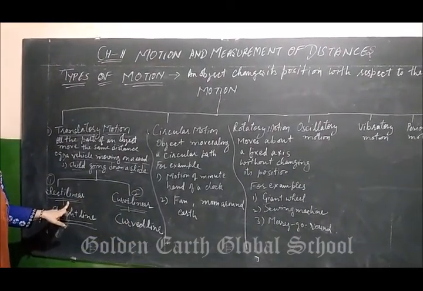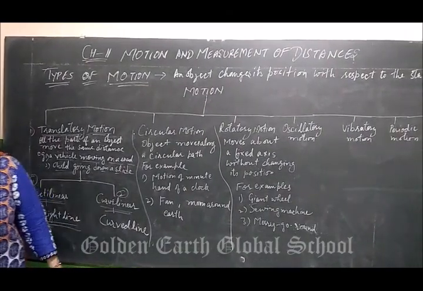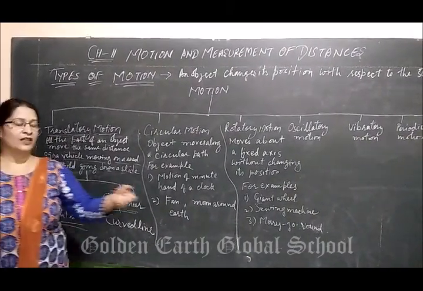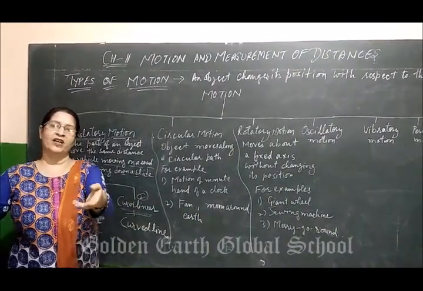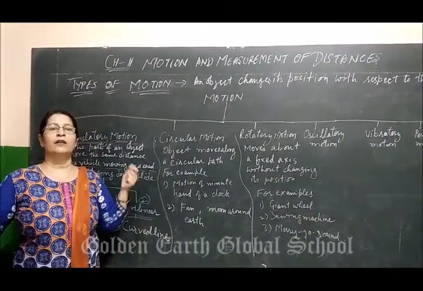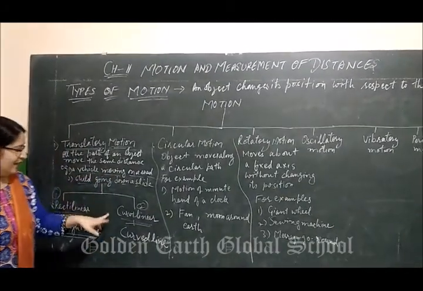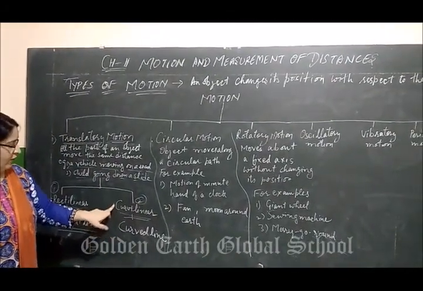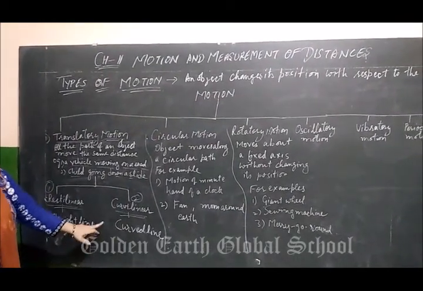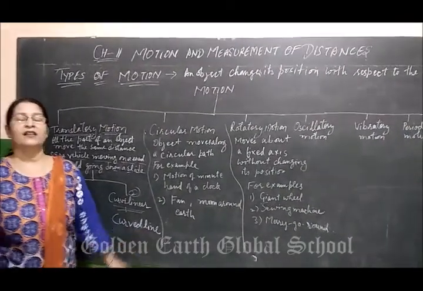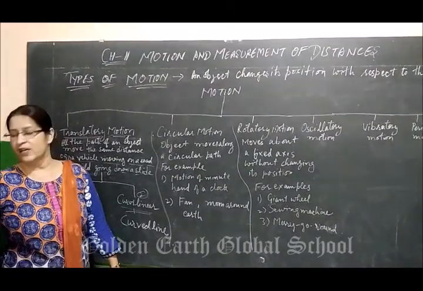Again, it is having a rectilinear motion. Then movement of the drawers of a table. So a table having a drawer, movement of the drawer in a table is also a rectilinear motion. Next is curvilinear motion. From the name, curved means when an object moves along a curved line, then it is said to be a curvilinear motion.